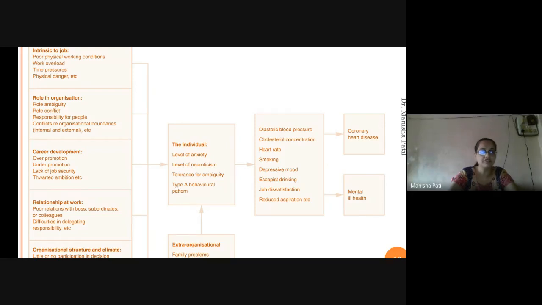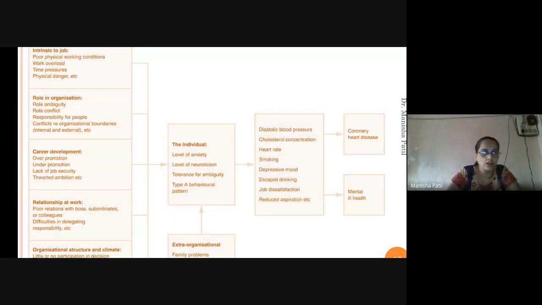For example, poor physical working conditions, work overload, time pressure, physical danger, etc. Role in the organization: role ambiguity, role conflict, responsibility for people, conflicts across organizational boundaries,